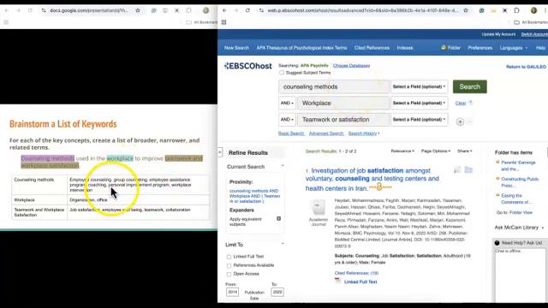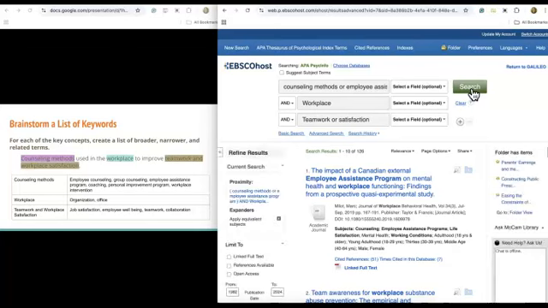So first, let's look at the counseling methods concept. And let's choose a few that we're going to look at here. So I'm going to go ahead and do "or employee assistance program." And let's just see if that expands our results just a little bit. Every time we use "or," it should expand our results. So clearly there's a lot more about workplace, teamwork, or workplace and satisfaction when combined with the concept of employee